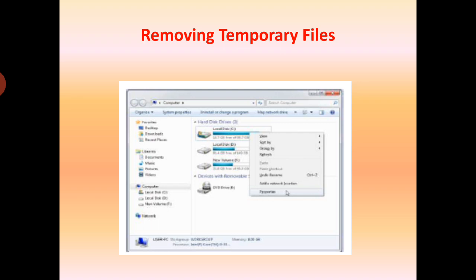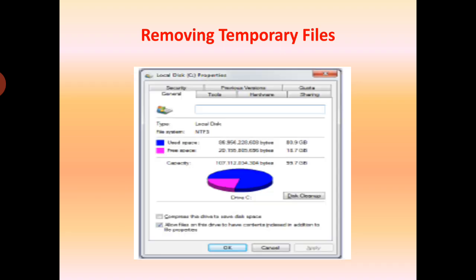The steps to remove temporary files are: double-click computer icon on the desktop. The computer window opens. Right-click local disk C drive and select Properties option from the shortcut menu. The Properties dialog window opens. Click Disk Cleanup.